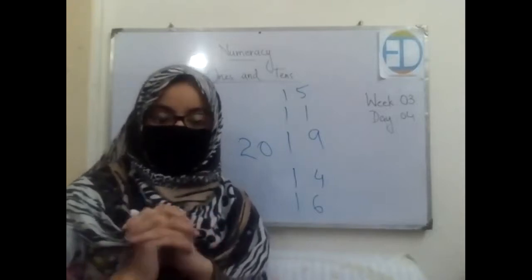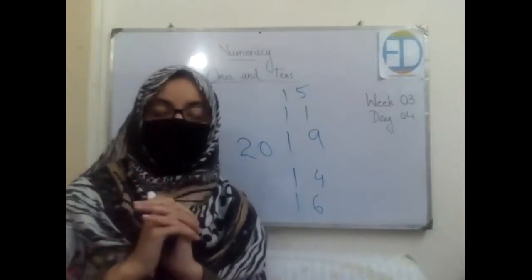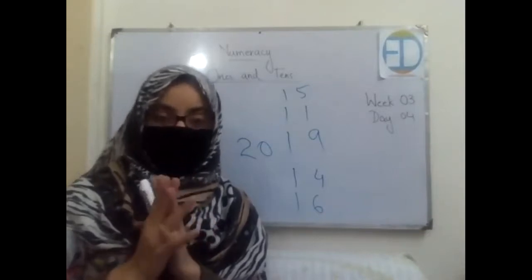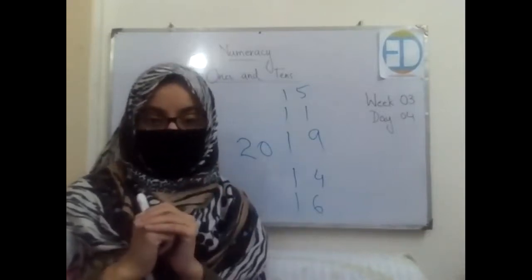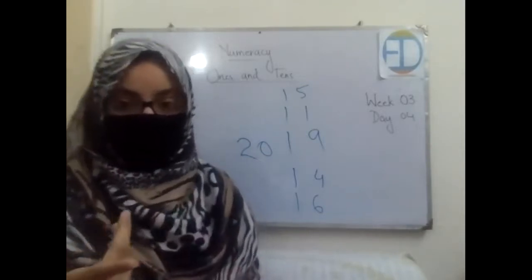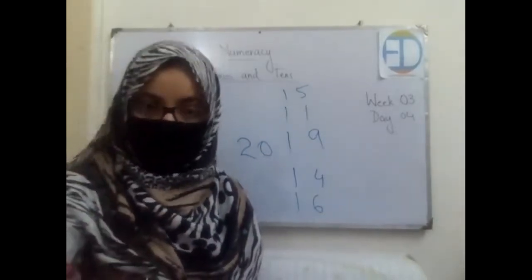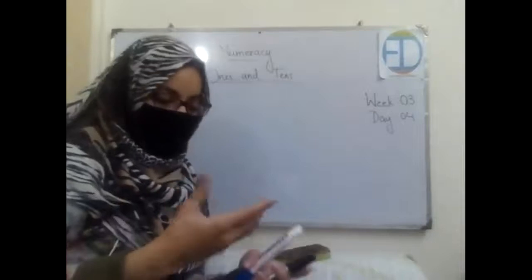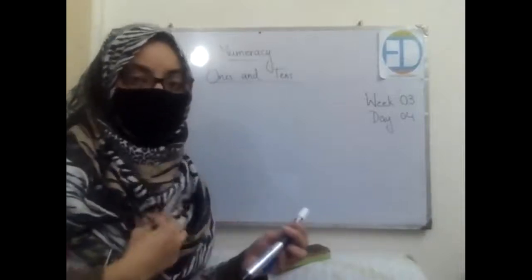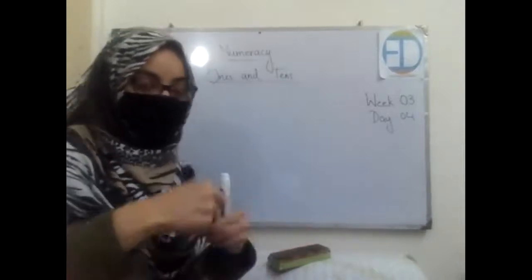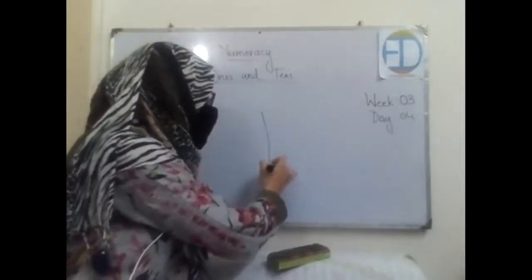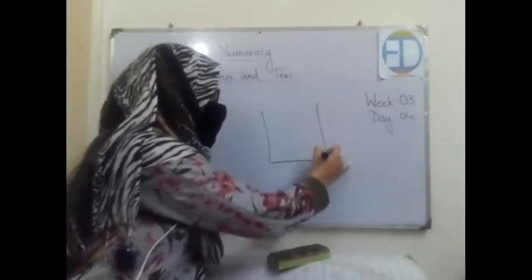Now let's move forward. In today's class, we will be writing the numbers in the form of ones and tens from 20 till 30. We will be following the same strategy. Let's revise that strategy again. In mathematics, the numbers are given special values, special places, and we are supposed to place the numbers according to those positions.